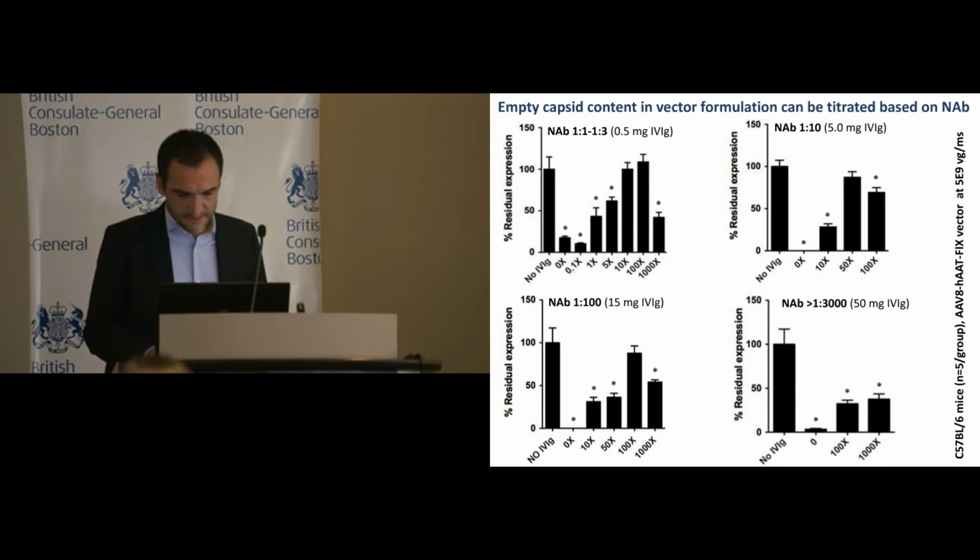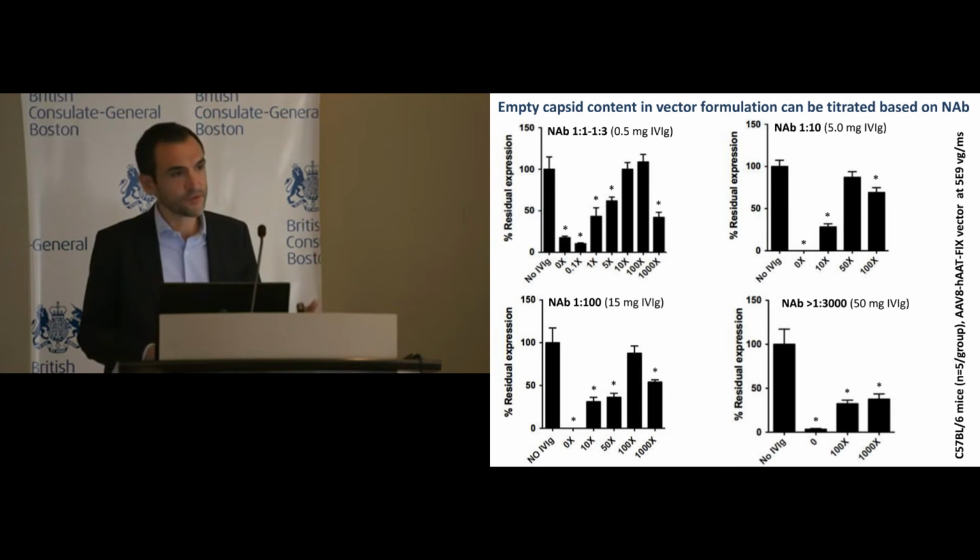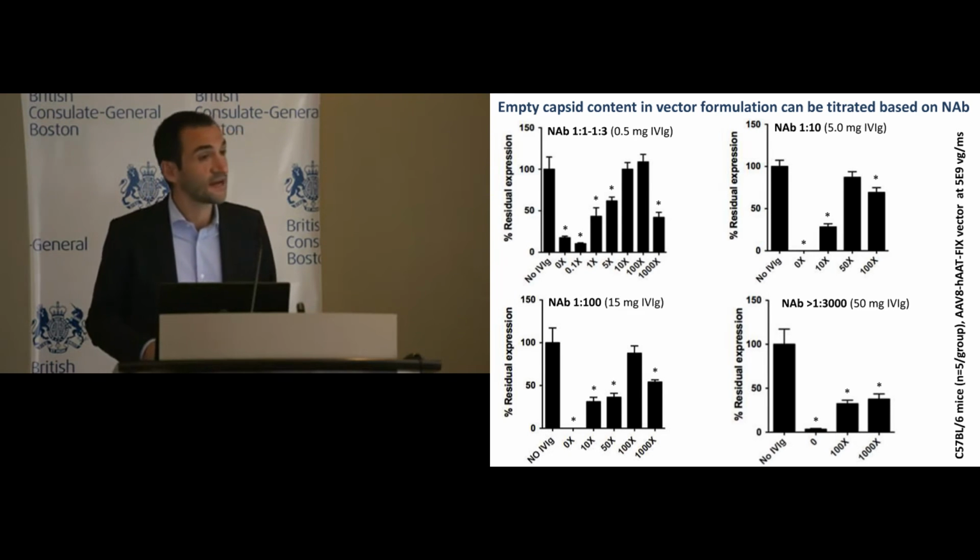And so after that, we used these mice in an experiment where we basically gave AAV vector alone or AAV vector mixed with capsid that did not contain any genome. We call them empty capsids. These empty capsids are basically a byproduct of production. We don't know what to do with them, and usually we discard them. But this time we wanted to see whether this empty capsid really had an effect on the outcome of gene